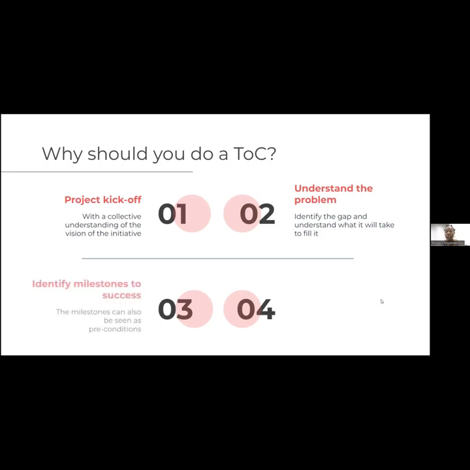So you come to understand what that gap is and really what it's going to take to fill that gap. And talking about what it takes to fill the gap, you then come to a place where you can articulate that process in terms of milestones to success. Those milestones often follow each other sequentially. So you know that if I can't see a particular outcome at some point, I can track back to figure out, did I skip a step? Is there something that I should have seen before that I maybe didn't see? And so they're also preconditions in a way. And lastly,